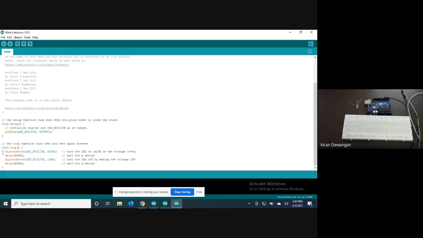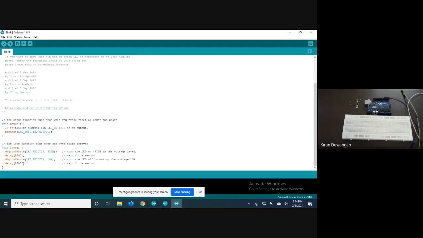Clear? Now we have void loop that is given digital write. As I said, LED built in high. It will be high if we give digital write. मतलब digital write is always an output. ठीक है, that is an output, and delay is for 1000. Then we give digital write LED built in low for again 1000. What is 1000? 1000 is a millisecond. It's not the second, it's a millisecond. So it will be just high for 1 second and it will be low for 1 second.